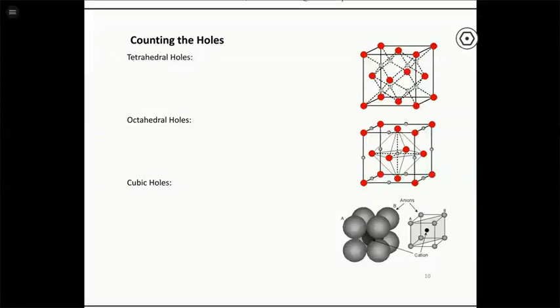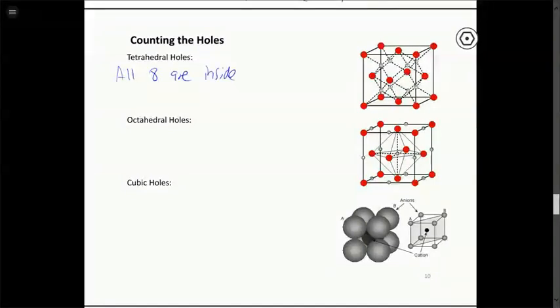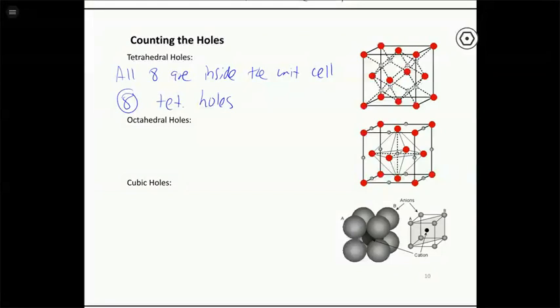So if we have tetrahedral holes, I'm showing all the tetrahedral holes in this structure, which exists in each corner, but all the tetrahedral holes are completely inside the unit cell. All right, so all 8 of our tetrahedral holes are inside the unit cell. So that means in total we have 8 tetrahedral holes, where if we were to have ions in each of those tetrahedral holes, that would be a total of 8 ions in the unit cell. All right, each of those tetrahedral holes counts as 1. We'll talk about stoichiometry of these in a little bit, but that shows us that if we have all tetrahedral holes filled, we're going to have 8 of those ions in the structure because they're not shared by any other unit cell.